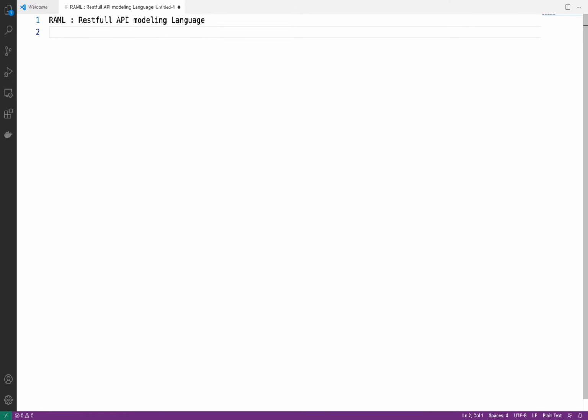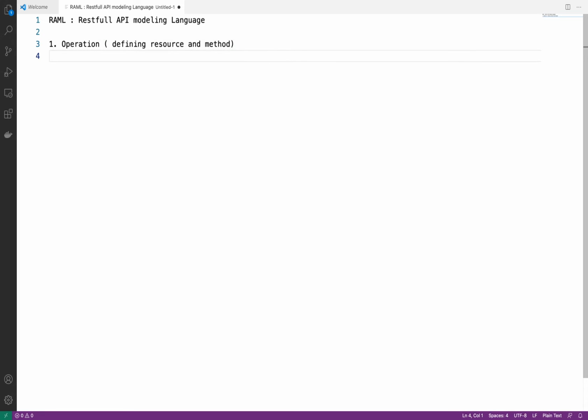language. Now what all four things we need to be focused on in RAML file? First, operation. So in operation mostly we will be focused on defining resource and method. Based on this resource and method we will define the operation of this RAML file.